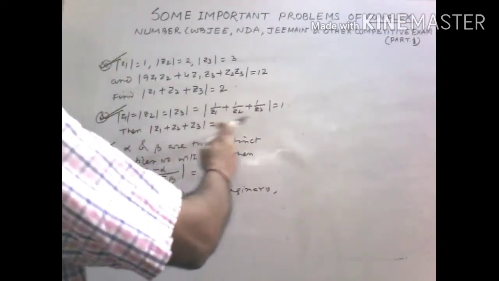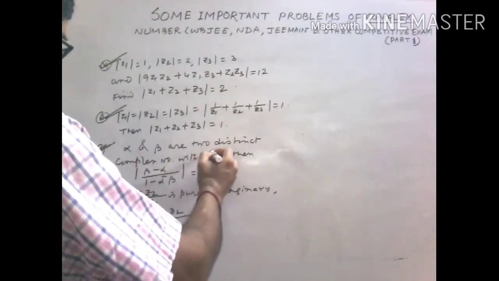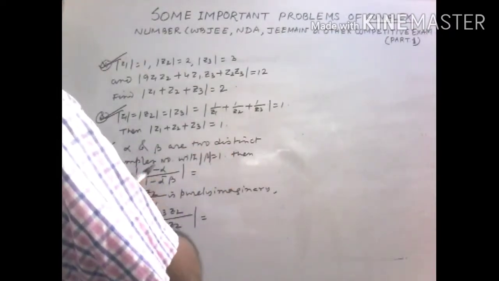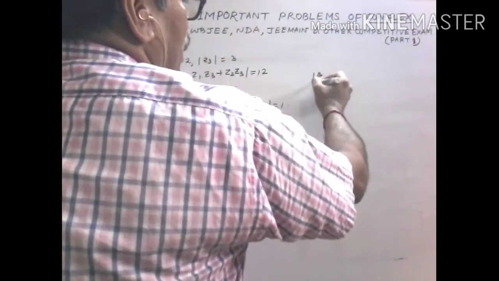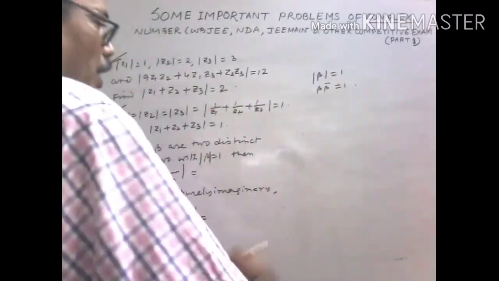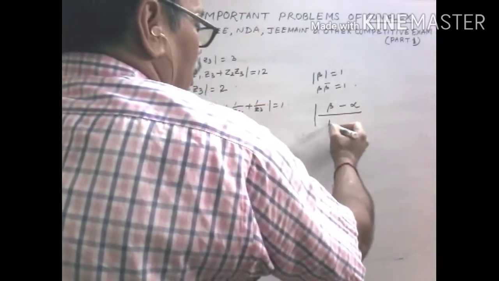So this one: alpha and beta are two distinct complex numbers with mod beta equals 1. So mod beta equals 1, that is beta into beta bar equals 1. Now what is our expression? Look, we can solve it